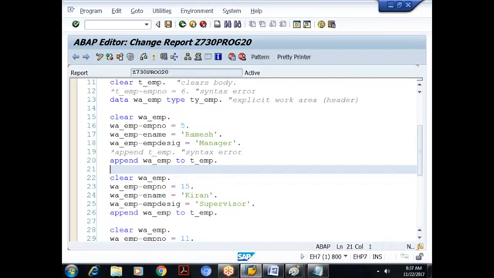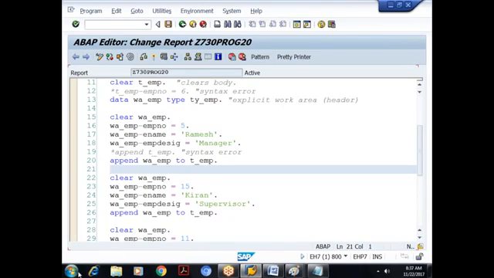So declaring an internal table without header, does it improve the performance? Yes, it is recommended. How? It is recommended to declare internal tables without header, because as of now, in order to fill your internal table, we require a work area. Understood? First, you have to put the data in the work area, and from the work area only we are appending it to the internal table.